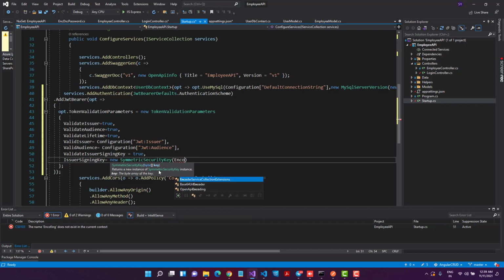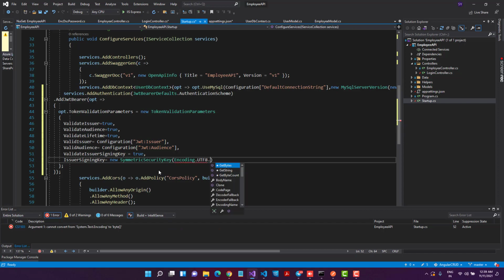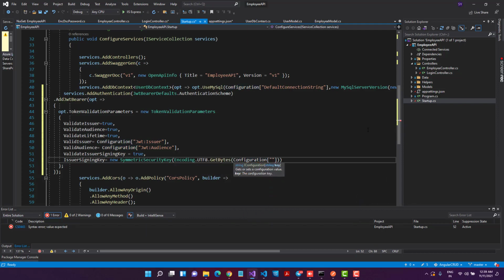We have to import it now from using System.Text, and then UTF8 dot GetBytes, and we just have to pass the key which is present inside our app setting. So we can just say configuration, and inside that let's pass our JWT and the key. That's it. So we have this successfully done, we have our configuration also done for the JWT side.